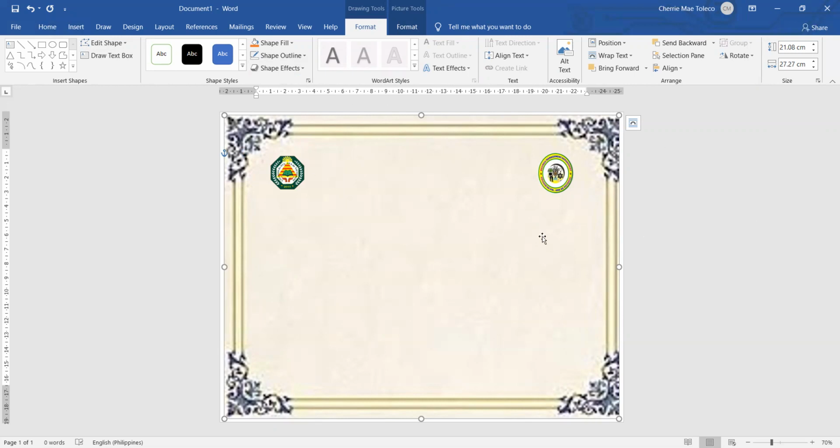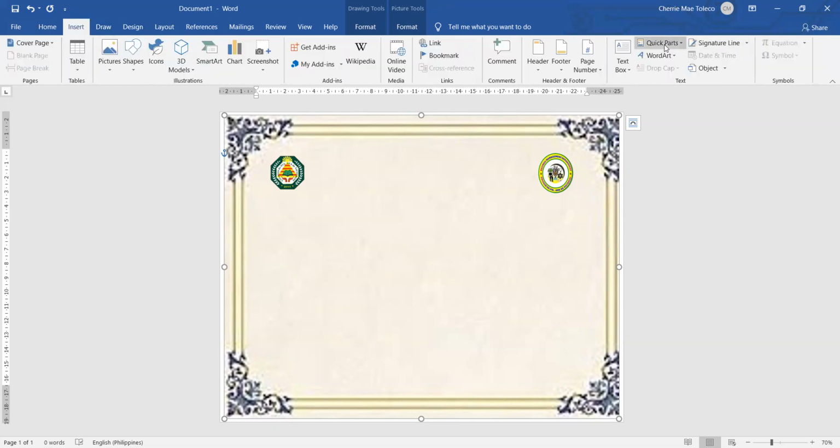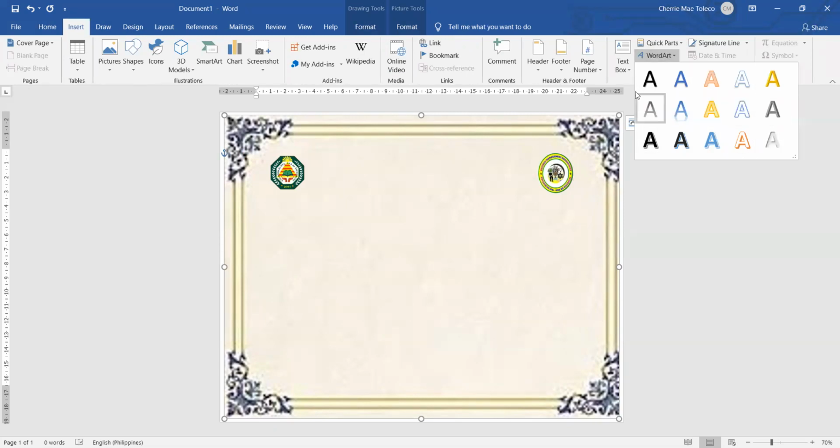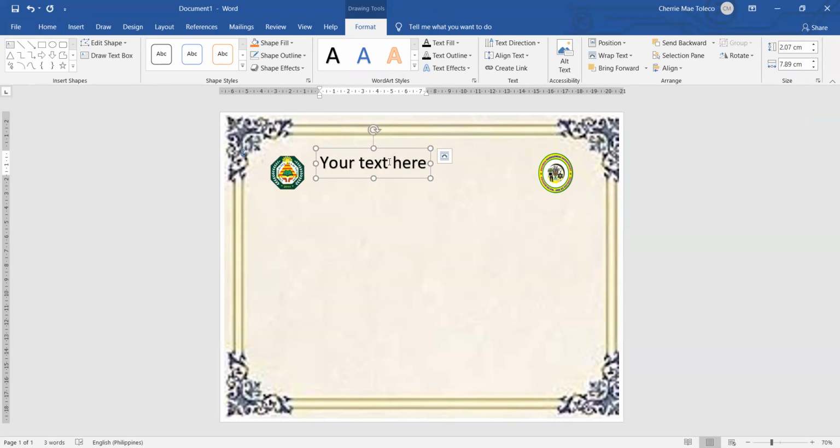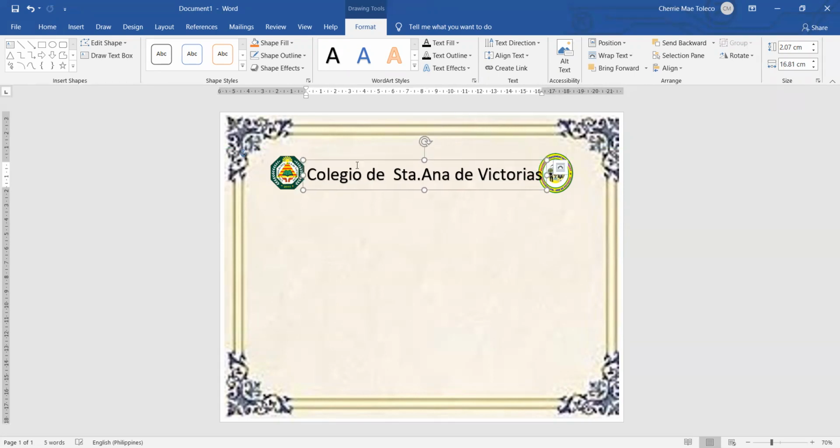Next, after we are done with the insertion of pictures, our next step is to insert word art. When we click word art, we now have to select which one is our choice. So we click the black text. Drag it here at the center and then highlight all and change it to Colegio de Santa Ana de Victorias. Okay, so we have to adjust it. Okay, highlight all and